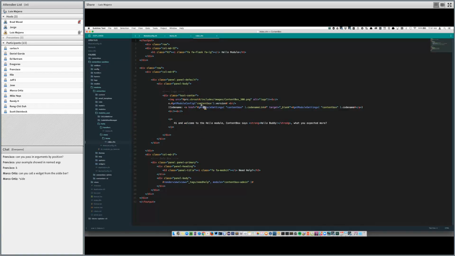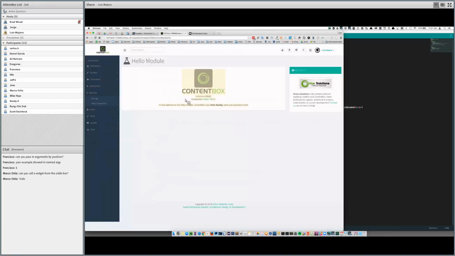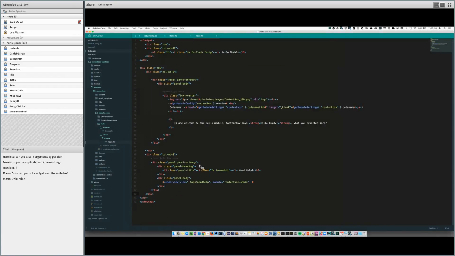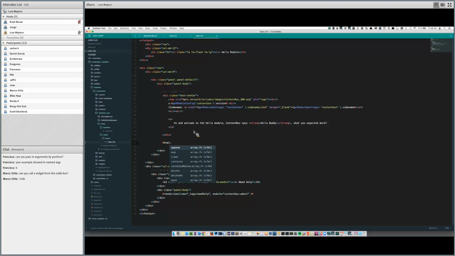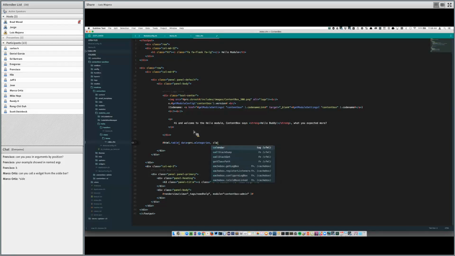Okay? So if we wanted to enhance this, and let's print out, let's say, the list of categories in my system, I can inject a category service, inject category service at ContentBox, okay? And I'm going to be able to get a list of categories. So let's put them in the PRC just like traditional ContentBox. And let's say, hey, categories. Let's click on my category service, and let's just list the categories. Okay. That's it.